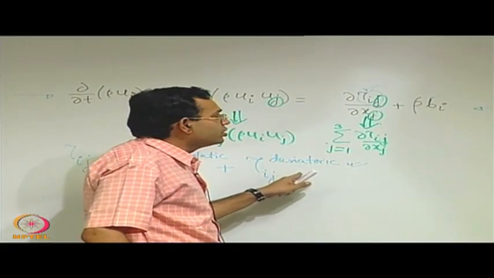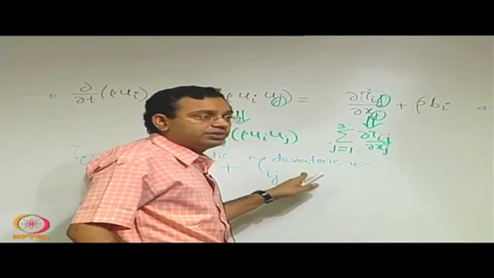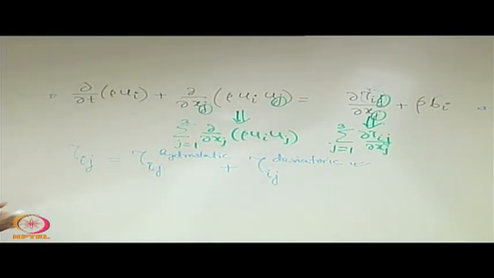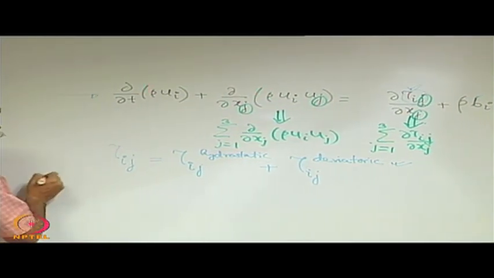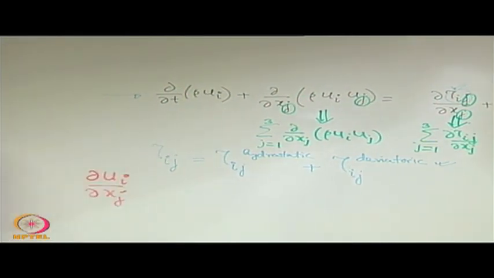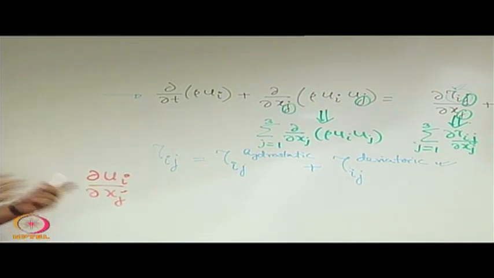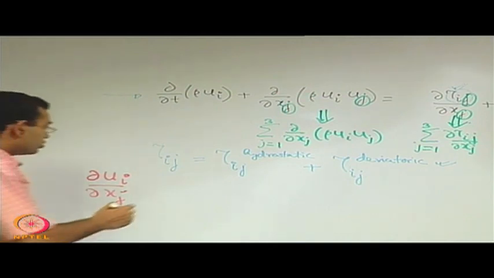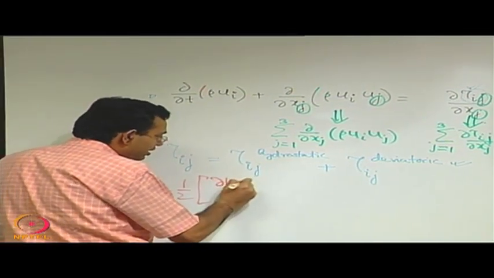The deviatoric component should be a function of what? It should be a function of the rate of deformation. When you write the rate of deformation, let us just recall that in the most general form, this could be a gradient of velocity where i and j could be different indices. In a special case, i and j could be the same index. So, we have seen earlier, which is quite trivial, that you can write this as